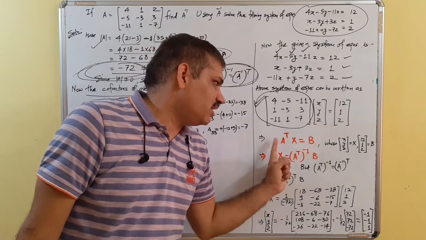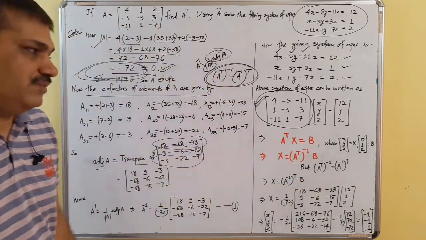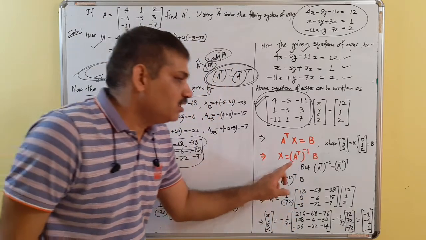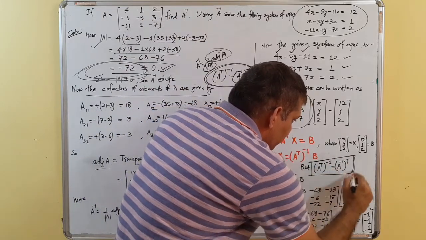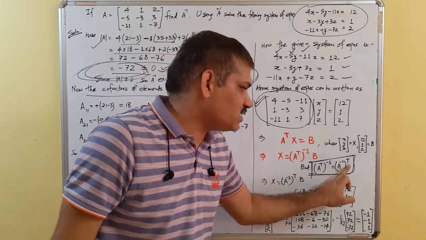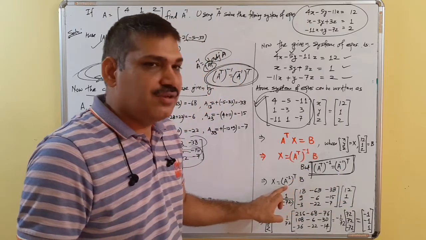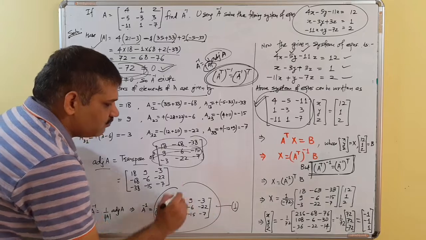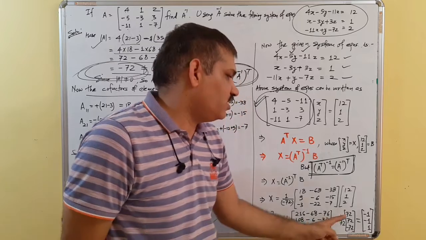Pre-multiplying both the sides by A transpose inverse, we get X is equal to A transpose inverse times of B. Well, we have found A inverse and we are to use A transpose inverse. So we have a very important property: the inverse of transpose is equal to the transpose of inverse. So we replace it with the transpose of inverse. Now the value of A inverse transpose: what we do? This is A inverse, we transpose it and we have written here. On multiplying and solving, we get this.